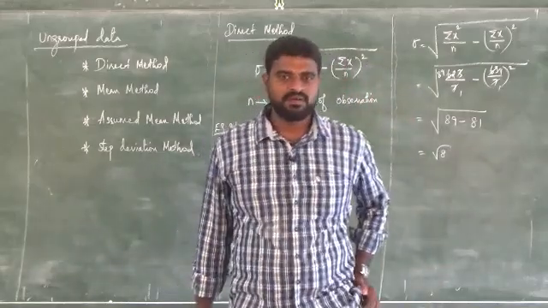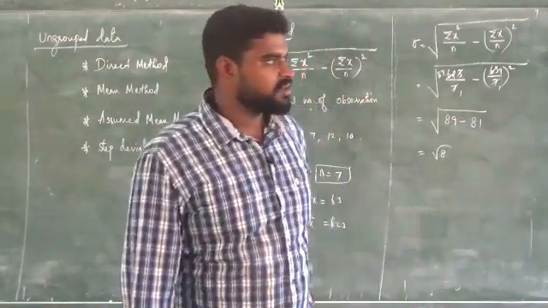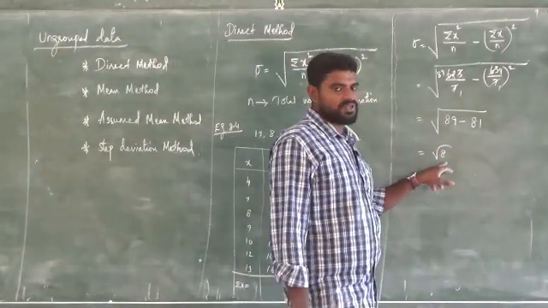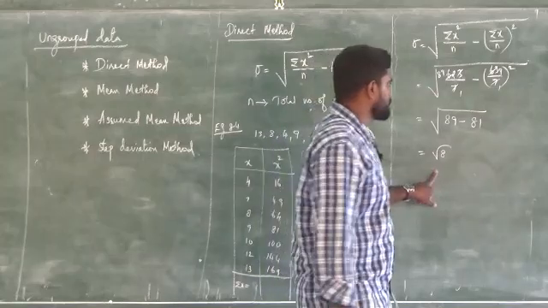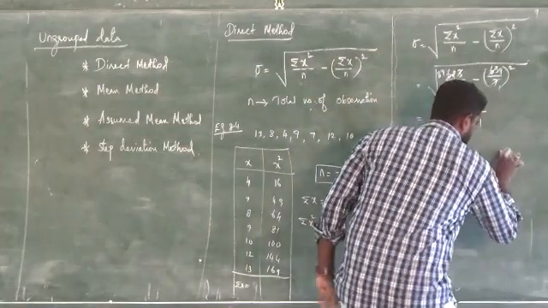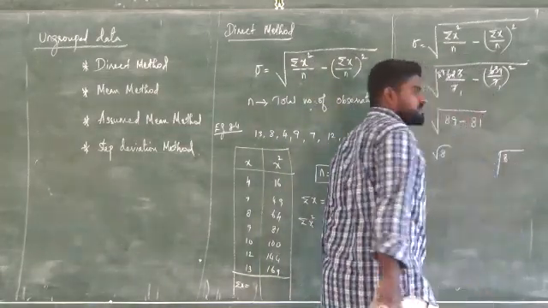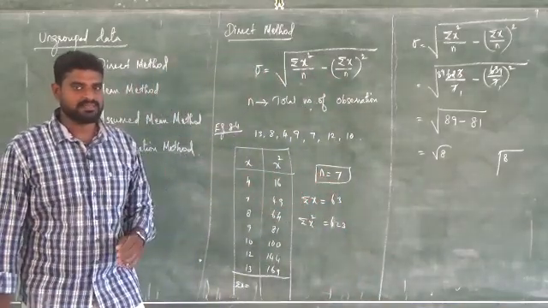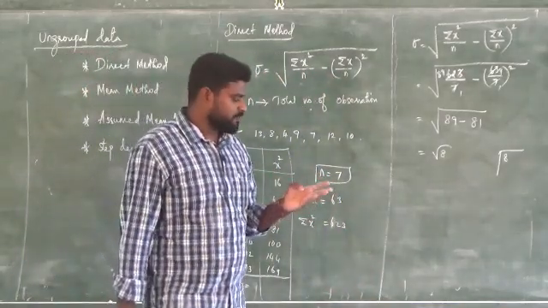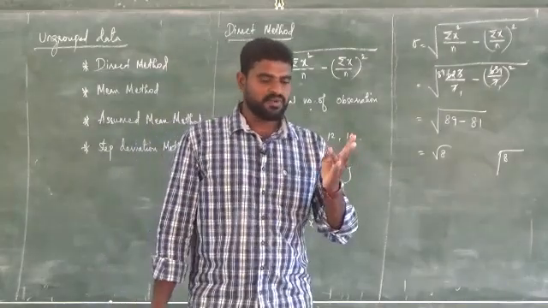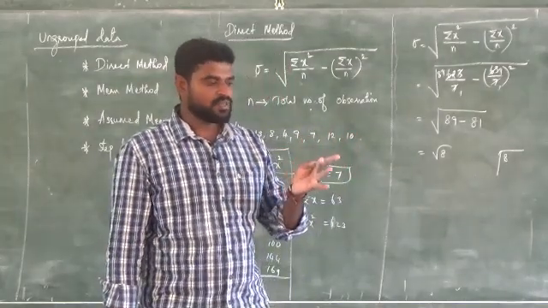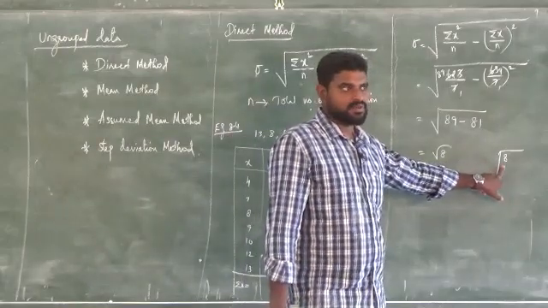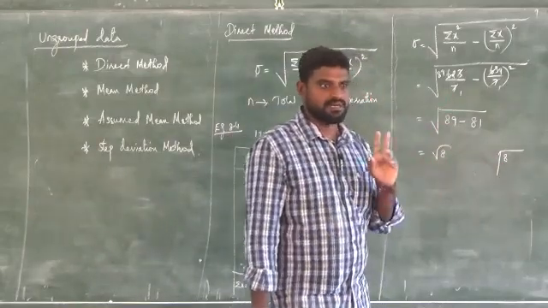If you want to find the standard deviation, you must know how to take the root of numbers. You should know the root values and how to take a root. So for 8, what are the perfect squares up to 8? The perfect squares are 1, 4, 9, 16. If you take 9, it is more than 8. So what is the maximum? It is 4.